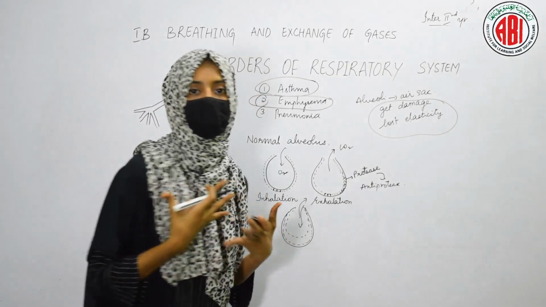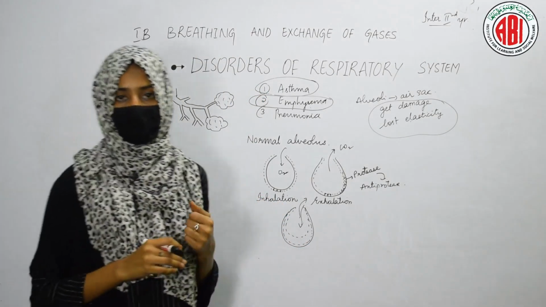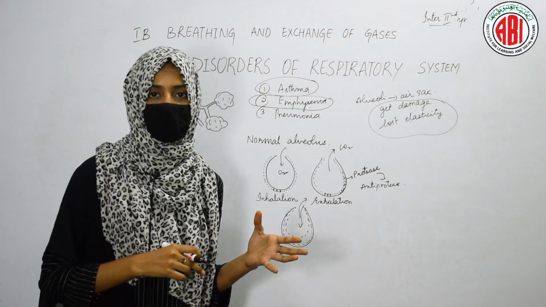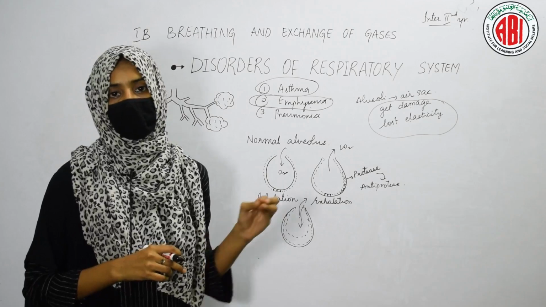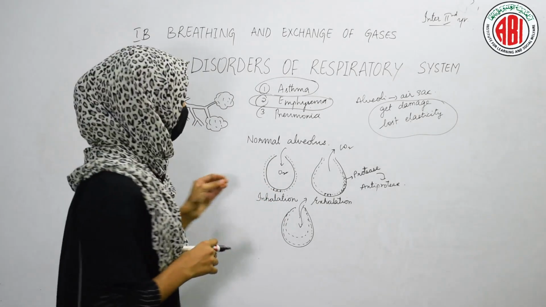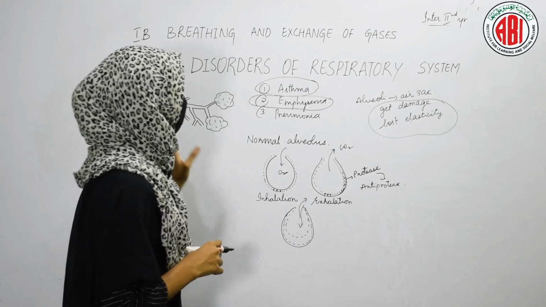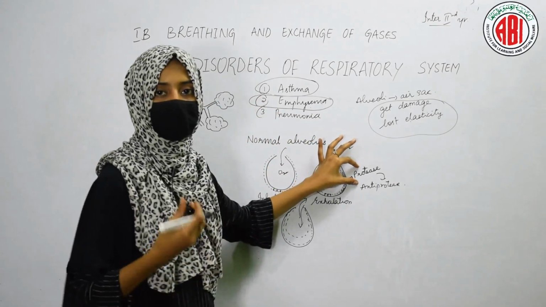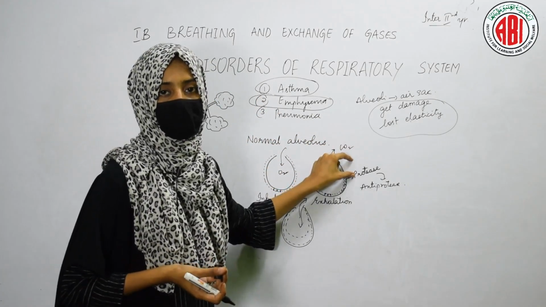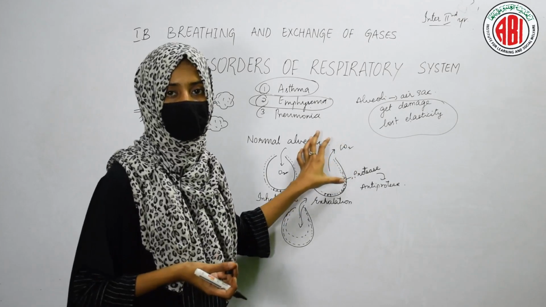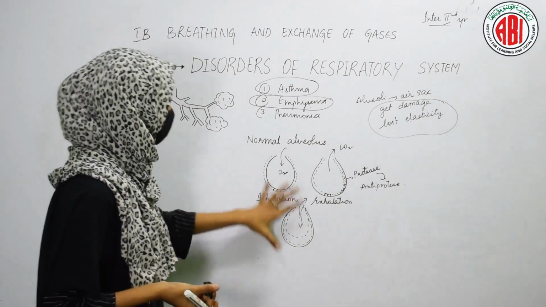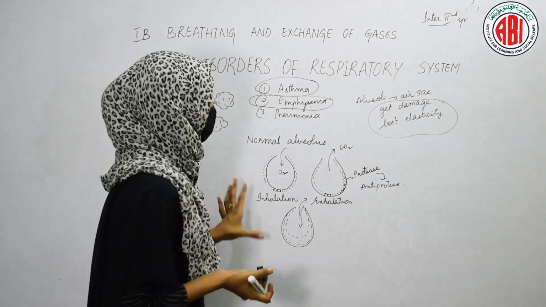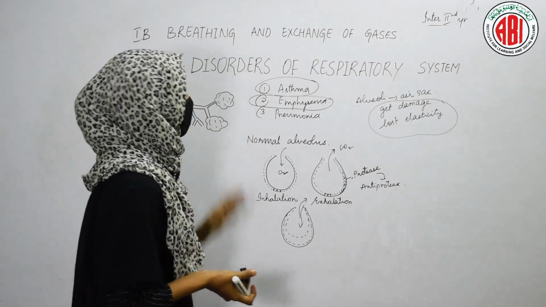If a person smokes too much, if a person chews tobacco, and if a person is exposed to dust for a longer duration, and also if a person is working in some factories, due to the exposure to that smoke also, it leads to a disorder called emphysema. So in this disorder, the proteases get damaged. Due to the absence of these proteases, due to the rupturing of these proteases, the alveolus cannot function properly. It cannot expand and it cannot relax normally. So this is what happens in the condition emphysema.